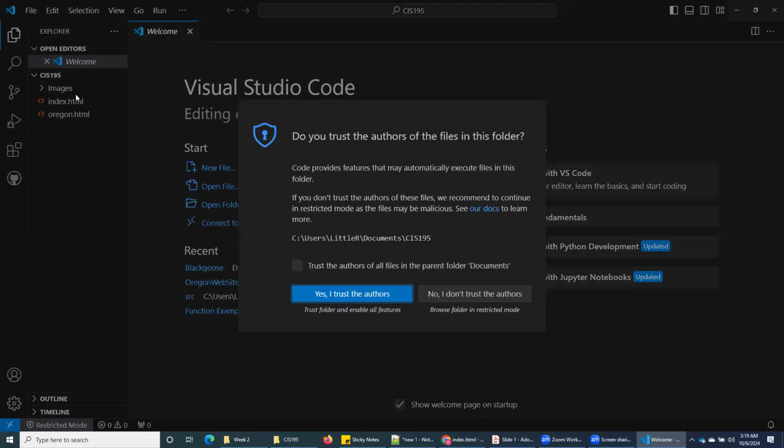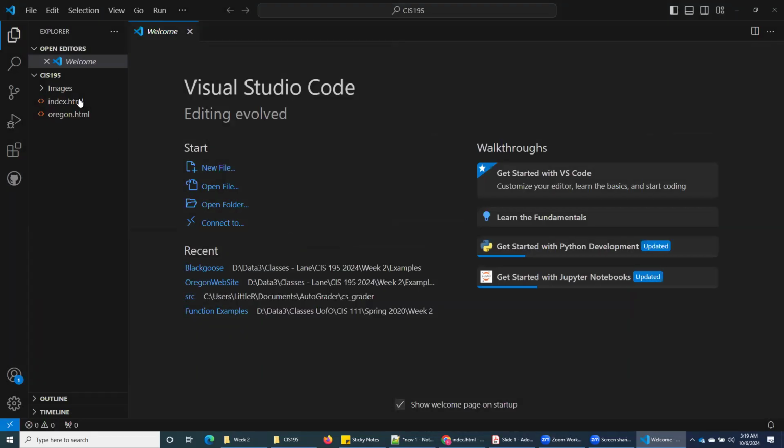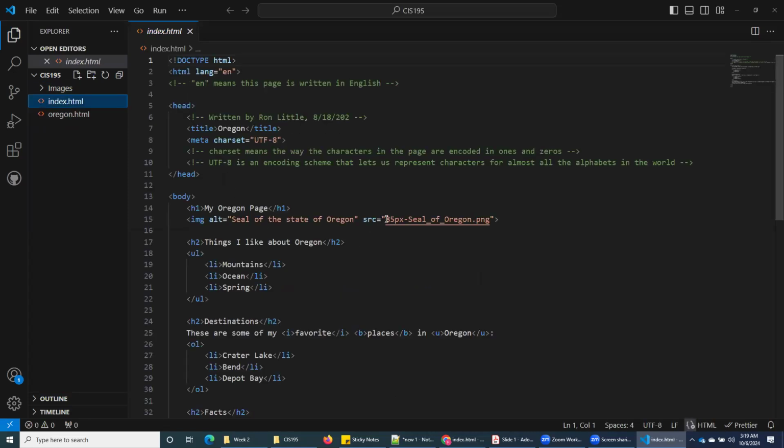So now I'm seeing here in Visual Studio Code that I do have an images folder, and I do have 2 web pages here. I'm going to say yes, I trust these authors. Notice I can expand the images folder, see what's in it. I can select the index.html web page, and I can edit things here. So for this source attribute to work, I need the path, the relative path, from wherever the index.html file is, which is underneath CIS 195,